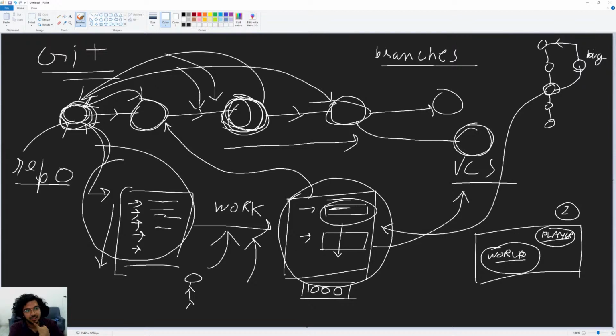Okay, so what I was saying is we can create a new branch. This is called a branch, where one feature or development goes on in this linear fashion, and then we can branch out. If I want to fix a bug, or add a new feature, I can branch out from here.